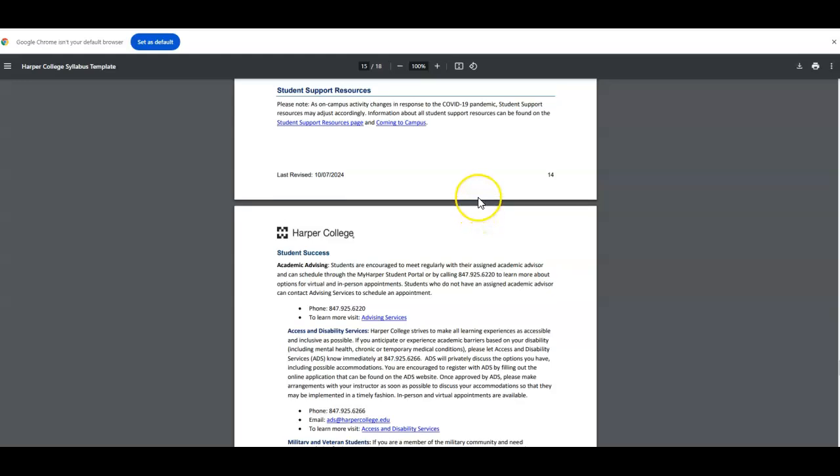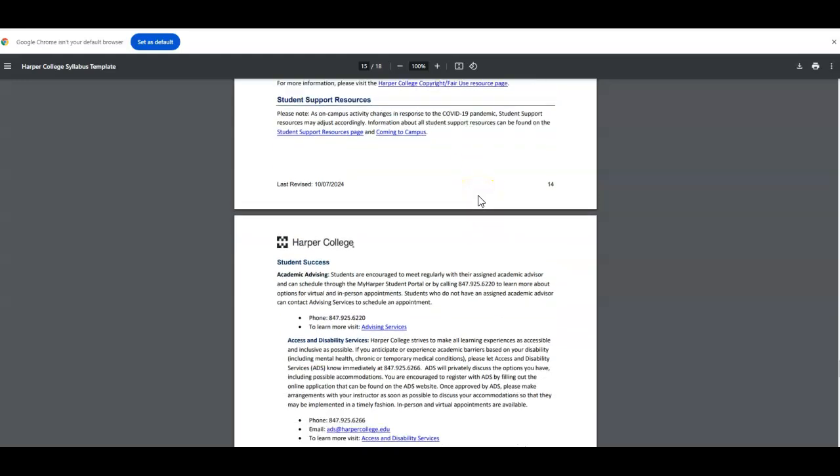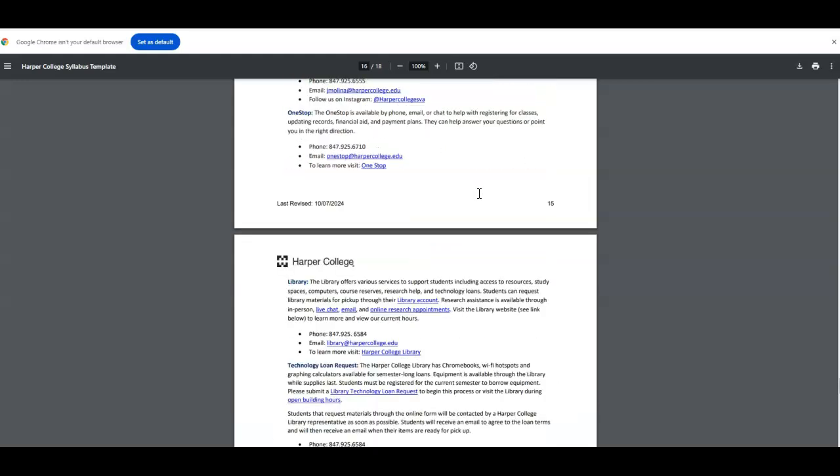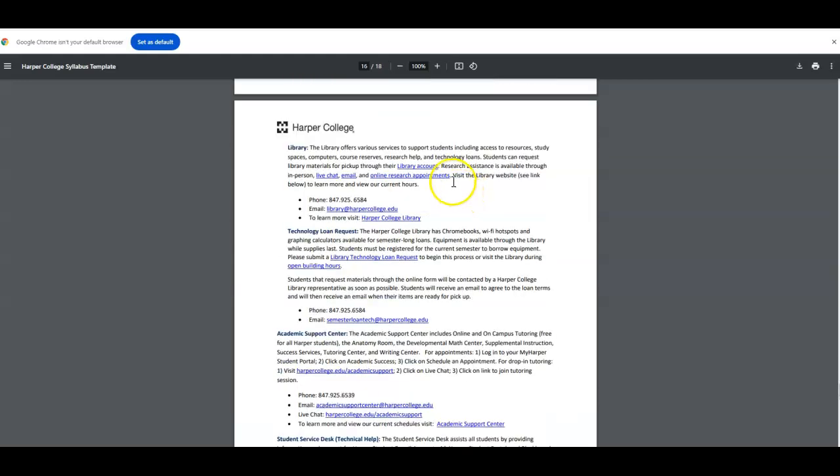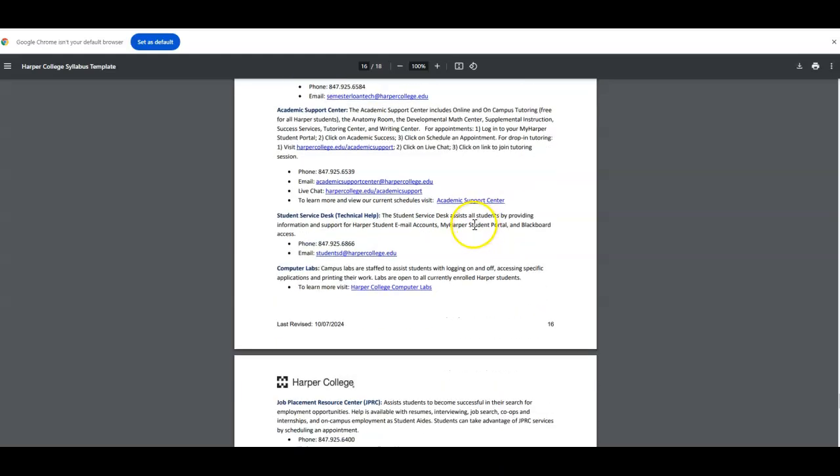Again, there are more resources that you should contact. I strongly encourage you to utilize the library. If you're having issues with a computer, seek the technology loan request. Apple has Chromebooks to offer students. If you believe you have other writing needs, this academic support center has the tutoring center that can help you with your studies,